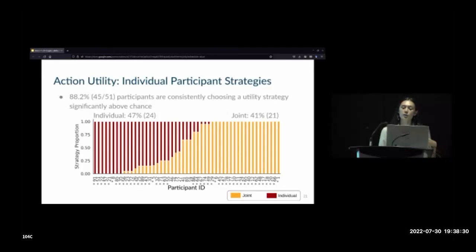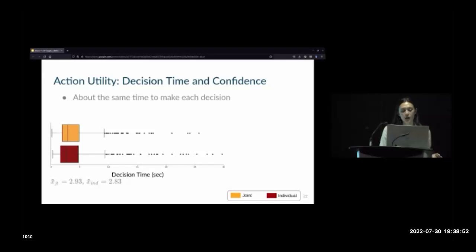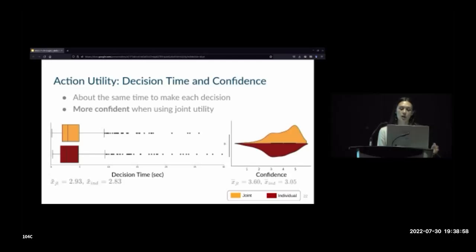And we were a little bit surprised that we weren't seeing higher joint utility preference in this case, but we think that there may be not enough motivation or that the effort for engaging in that is too high because of this task. And so we would want to run some follow-ups with some live interaction role reversal to help test this hypothesis. In addition, when we looked at decision time and confidence, what we saw is people took about the same time to make these two decisions, but we did see that people were more confident about their joint